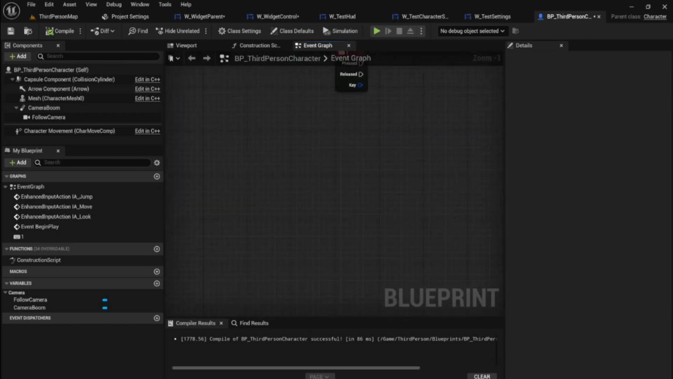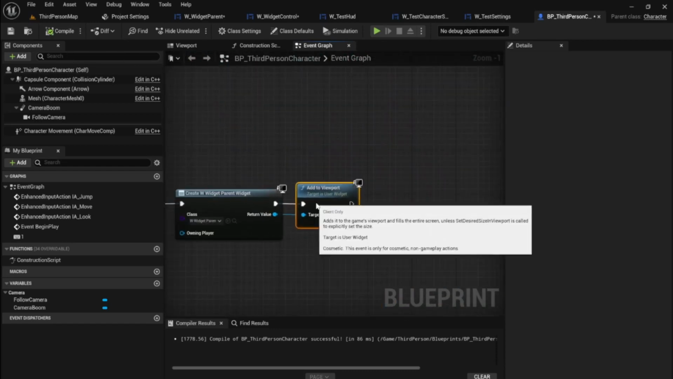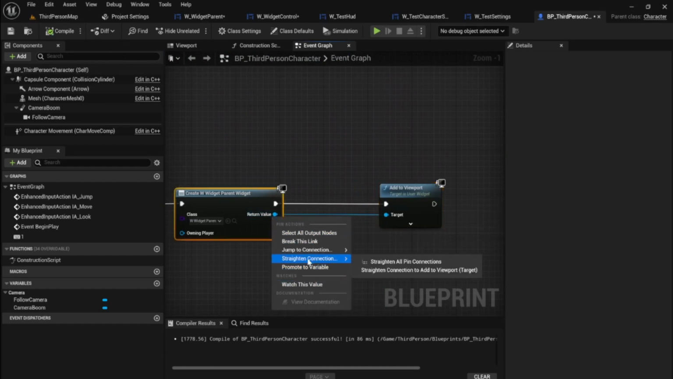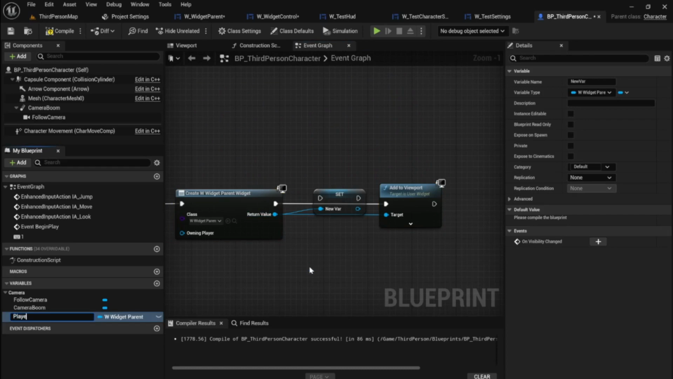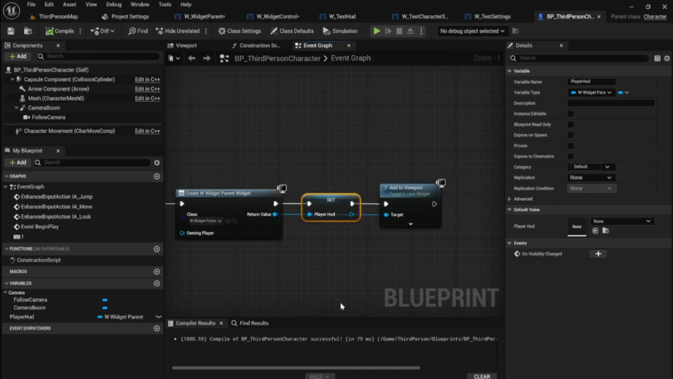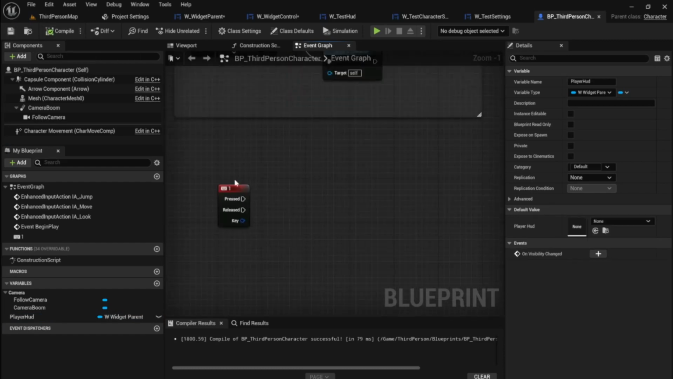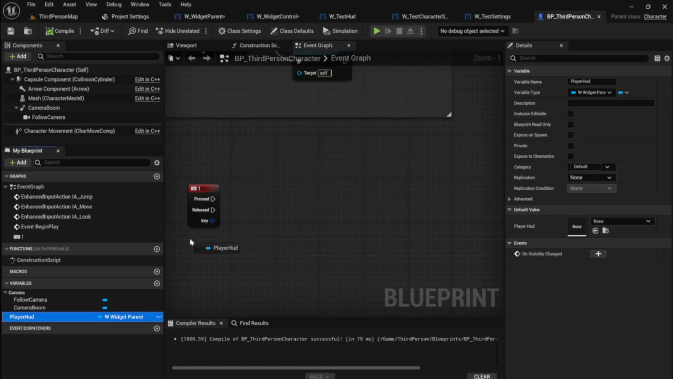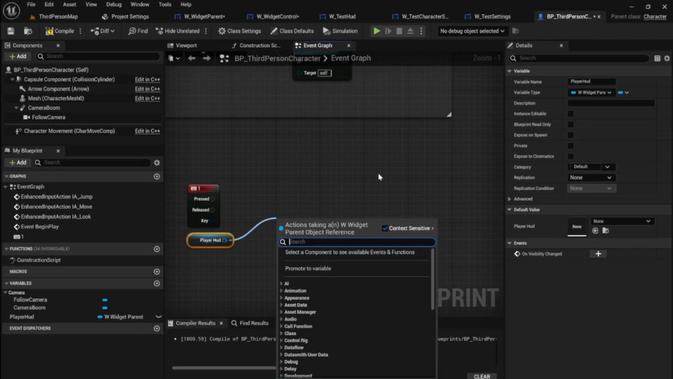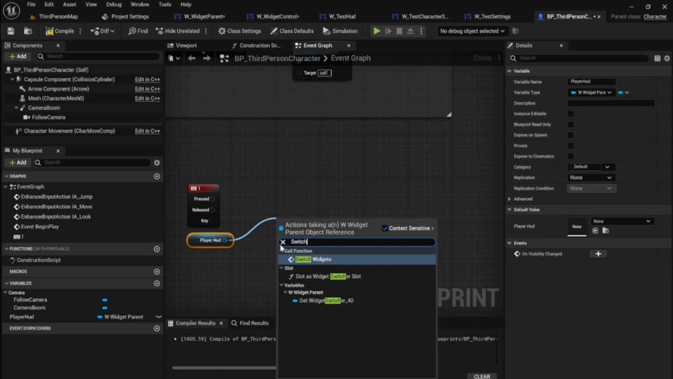Compile. And then we are also going to bring this over, right click here, and promote to variable, which we will call player HUD, because we are also using the player HUD as our main menu system for in-game use. Connect that up, compile, and save. Now, we still need this 1 key though. We're going to grab our player HUD, and when we press 1, what we want to do is get the switch widgets,